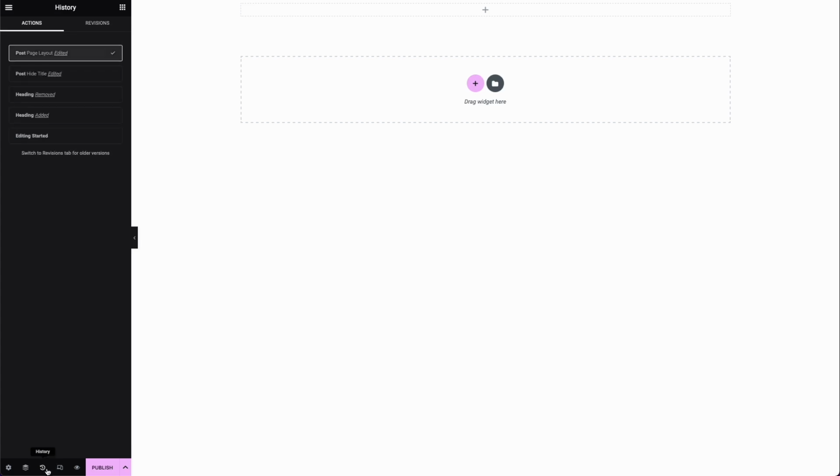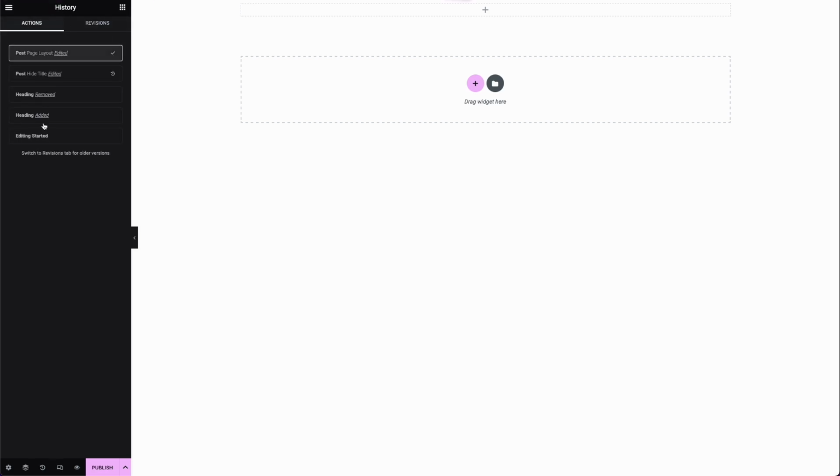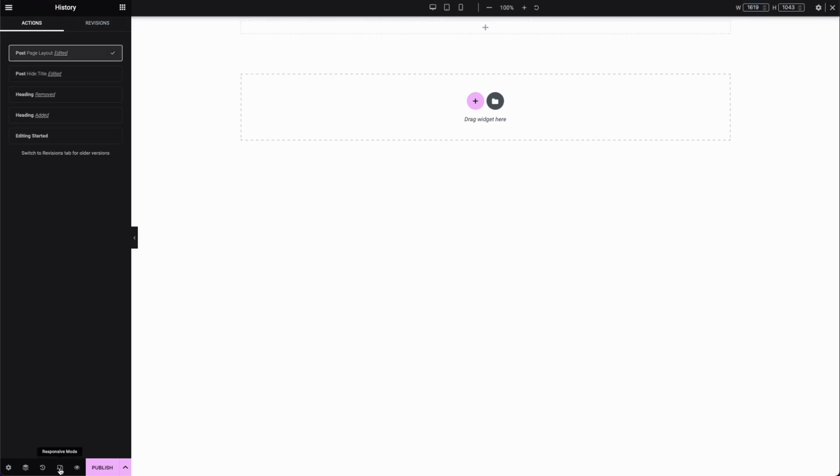You also have the history tab. You can see every single change that you've made, along with any revisions that you've saved. You can also switch into responsive mode, which we'll come back to later because it's really important to switch between the different screen sizes and make sure that all your content still looks good on each device. And then you can also preview your changes, which will open a new tab for you to see what you